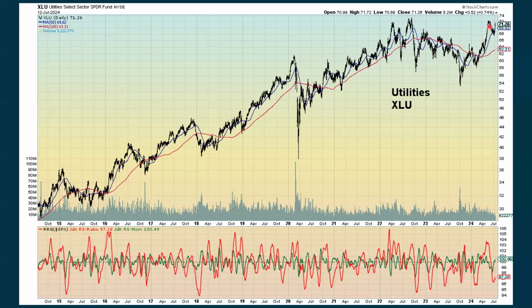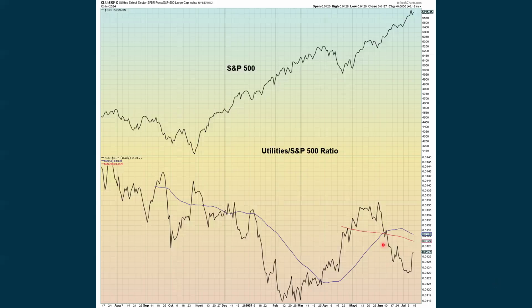Utilities, which had been really strong, were pulling back, and now we're starting to show some strength again. The green line, which is the momentum, is showing an improvement, and we're negative but turning up with the relative strength to the S&P. And utilities continue to underperform here. They had been doing quite well and then started to pull back enough to generate a golden cross with this ratio. But since that time, price has been underneath both of these moving averages.